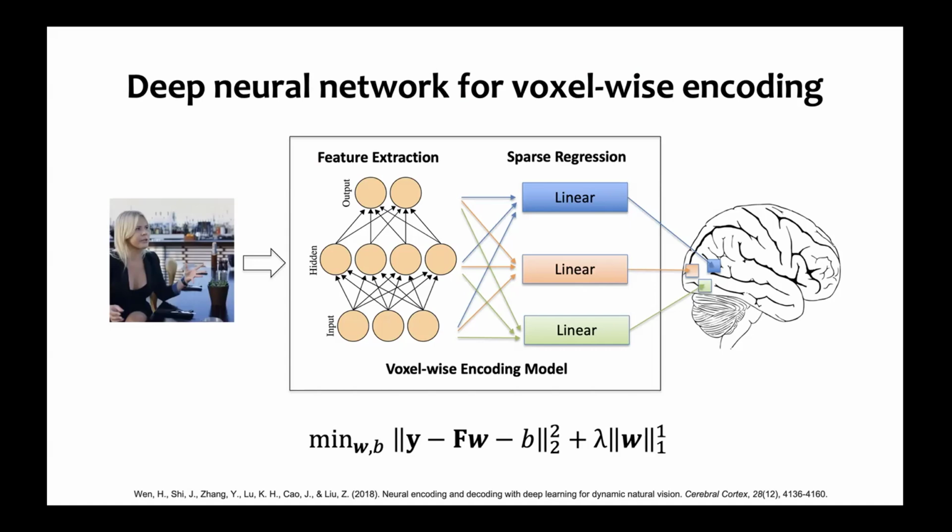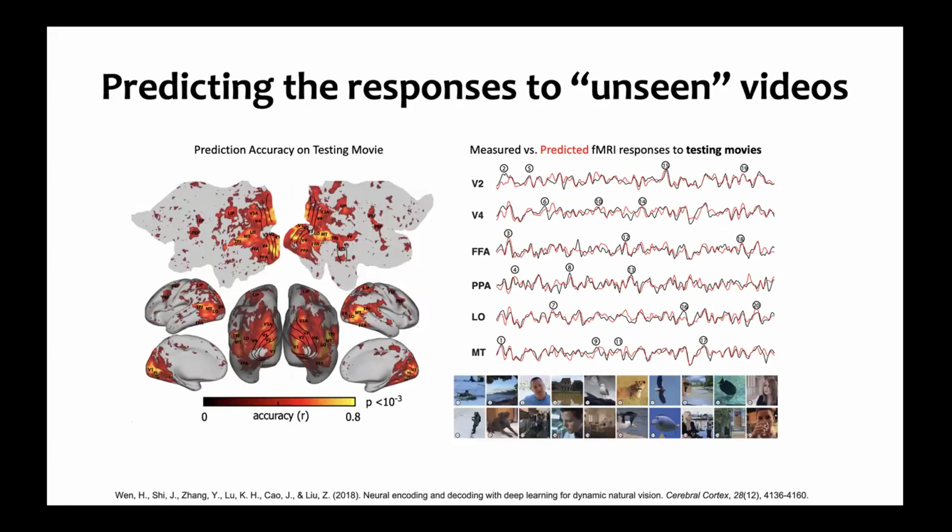We use linear projection models regularized with sparsity constraints, L1 norm. And it turns out it works really well. Back then I was really surprised, and I couldn't believe that this works so well. Even though different locations process very different visual features and show very different temporal dynamics, they can all be predicted pretty well. You can see that a large portion of the visual cortex, or even beyond, can be well predicted.